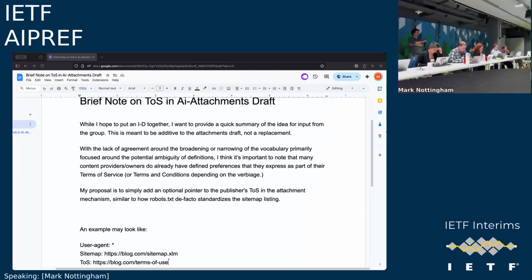Is this something that could be added, or have a priority given to one over another? Yeah, I'm sure we could hammer that out in the ID, the attachment draft. The attachment draft has some verbiage around what if there are conflicts, how do you handle those? I'm sure we can get into those details.